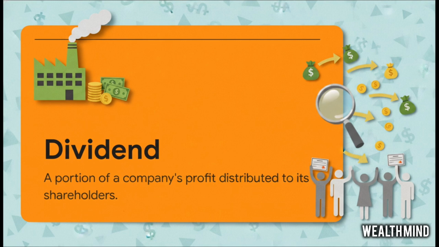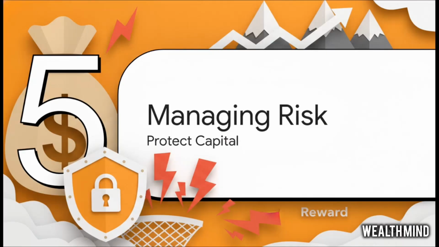Now the company has a choice. They can either reinvest that money back into the business, or they can distribute it directly to the people who own the company, the shareholders. Because remember, when you hold a share, you are essentially a part owner of that business. So when the company shares its extra earnings with you, that lovely little cash payout is what we call a dividend.